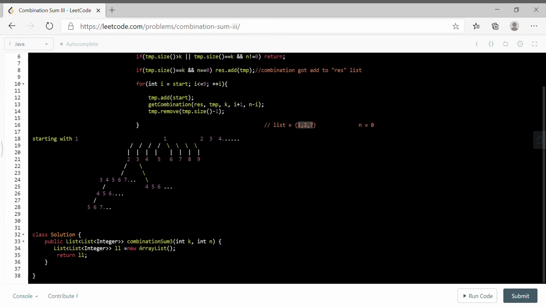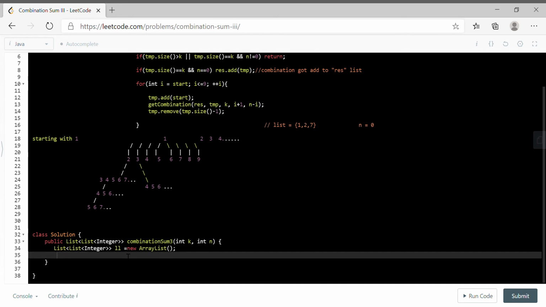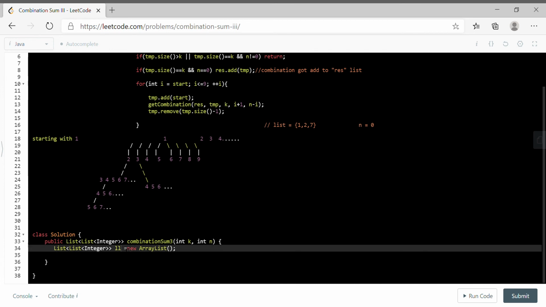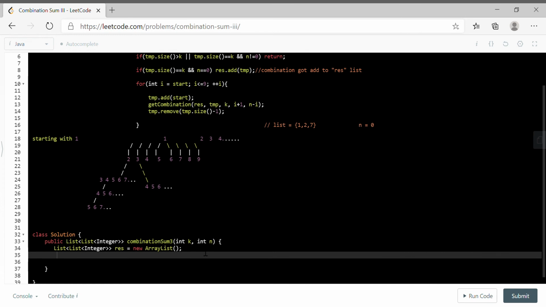Okay, we'll move to the implementation part, right? Okay, so okay, this is one result, list of integer, that is temp, new list, right?